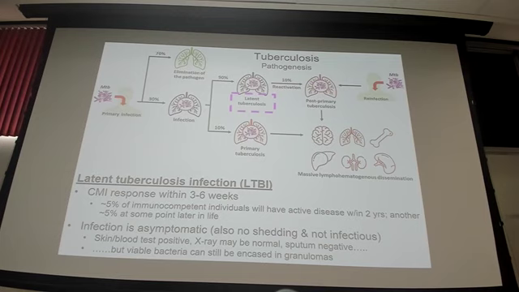I had mentioned too, when you are in this latent form of tuberculosis, it is kind of okay, notwithstanding that you have viable bacilli in these granulomas, but you are not shedding. So you could be sitting here in this classroom and not be a transmission risk to the person next to you. And you're not symptomatic. You're simply positive on those tests. So the PPD test would be positive and IGRAs would be positive. And you might see that on a chest x-ray, but you will not be symptomatic. And hopefully, like I said, you lead a perfectly healthy life with your granuloma-riddled lungs.